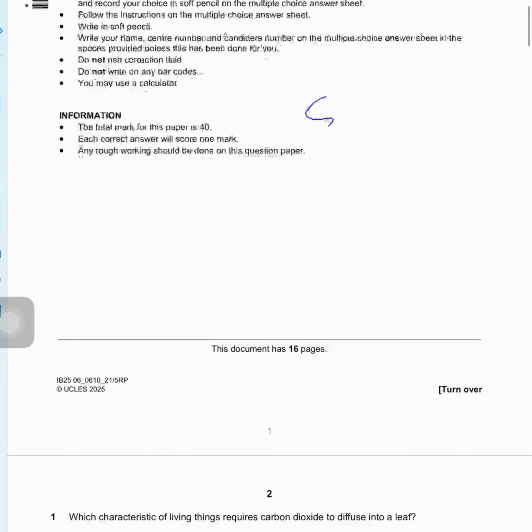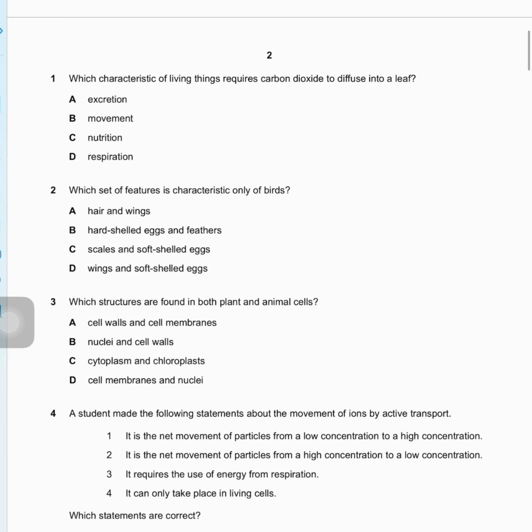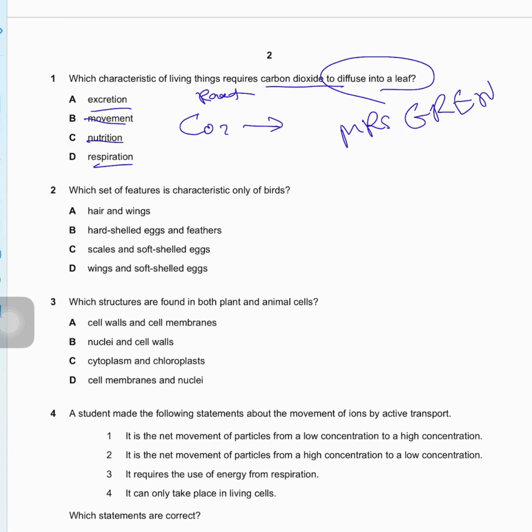Bismillah ar-Rahman ar-Rahim. Question 1 says, which characteristic of living things requires carbon dioxide to diffuse into a leaf? So which of these processes needs carbon dioxide as a reactant? Always remember Mrs. Gren. Why does the leaf need carbon dioxide? This only happens during the process of photosynthesis. So the question requires C, because excretion is getting rid of waste, movement is from one place to another, and respiration is the breaking down of nutrients to release